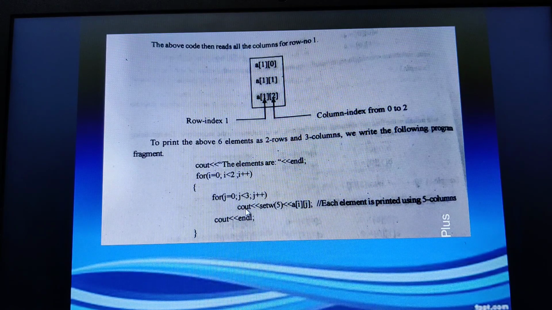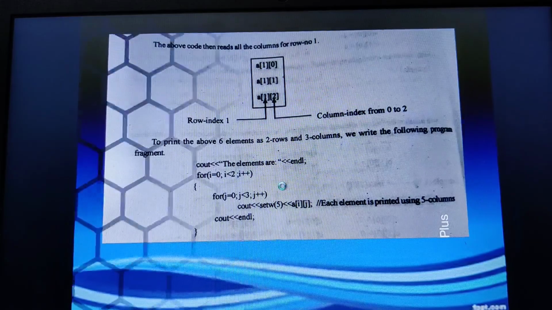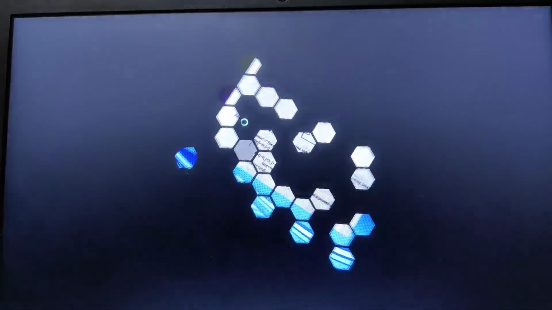And this is what we need to print. While printing, I am using cout setw, that is a of i j, in the sense i represents the row and j represents the column. So students, in my next video I'll tell you how to trace the program, how to read the elements and how to print the elements. So this is the code of reading. Printing I showed. This is how I will read the values. It is a of i j, in the sense a of row number and column number. So this is the code to read the elements and this is the code to print the elements.